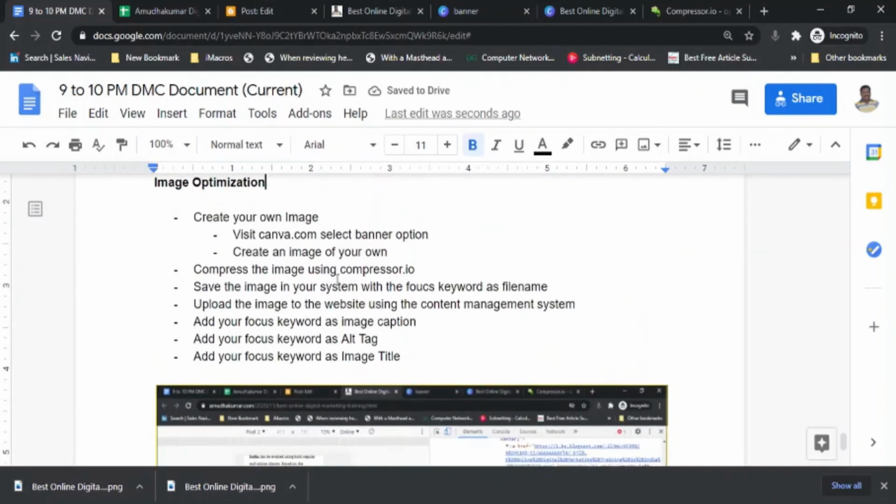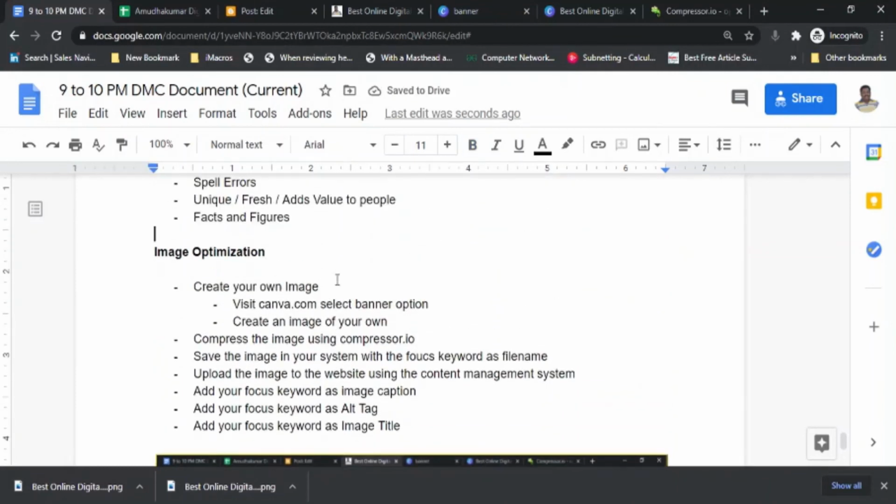Okay. So basically, whenever you go to a blog or website, go create your own image. You will be having a focus keyword for which you want to rank. Okay. Create your image, compress your image size, upload it in your content management system by renaming your file, add your focus keyword as the alternative tag, add your focus keyword as the image tag, I mean title, and that's it.